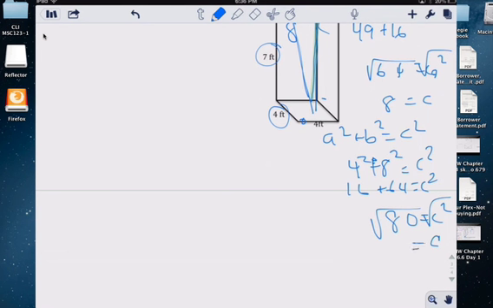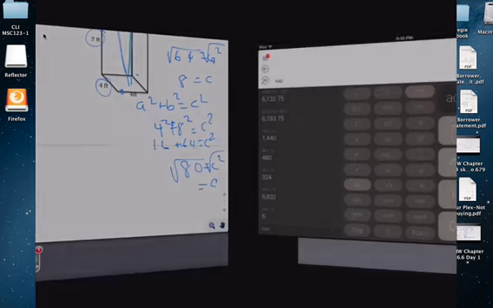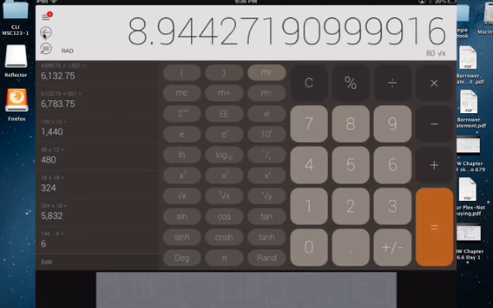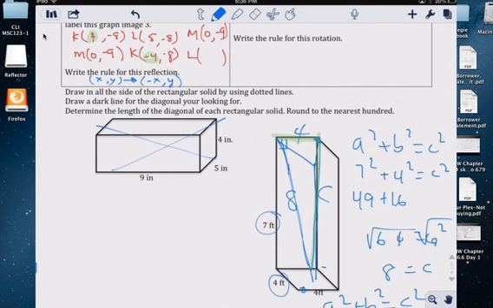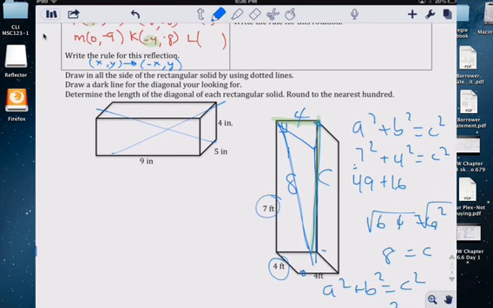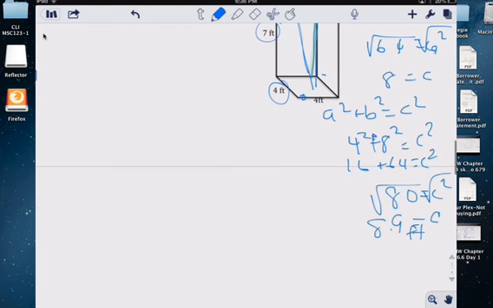Oh, c is about 9. Probably 9. I mean, 8.9. Yeah, there we go. You see, 8.9. Oh, so tired. Anyways, this